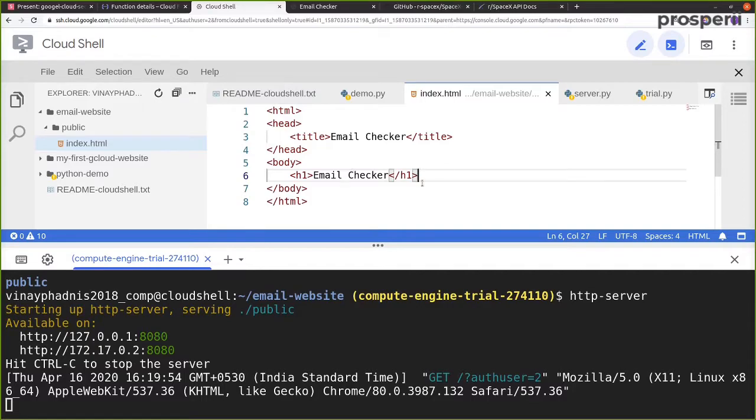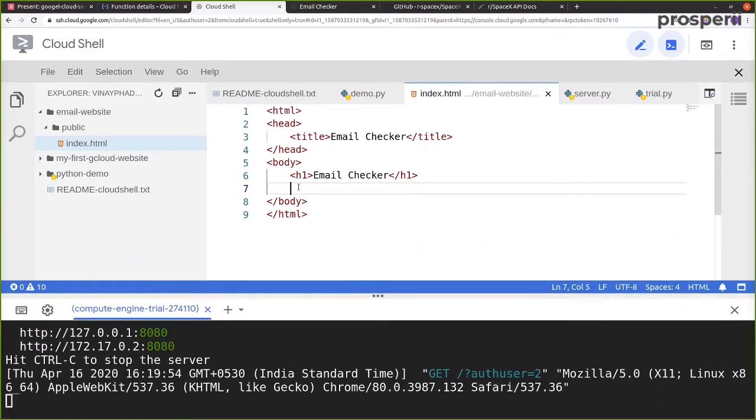So essentially over here we want to build an application called email checker. So now we want to check if an email entered by a user is valid or not. Okay, so in order to do that, now let's create some HTML tags with which we can tell the user that you need to enter your details. Okay, so to do that, we have to first of all create an input tag where we can accept the input. So for that we have a text area.